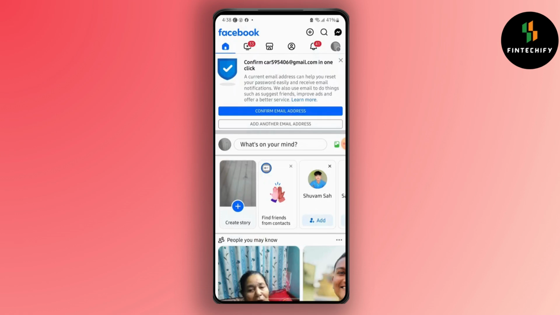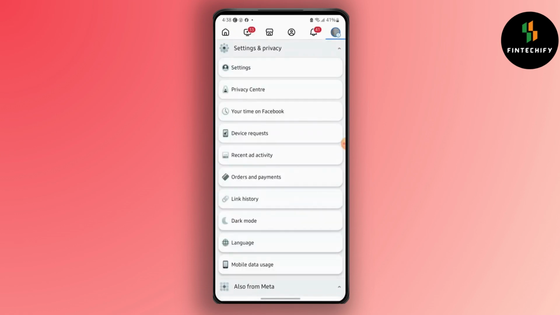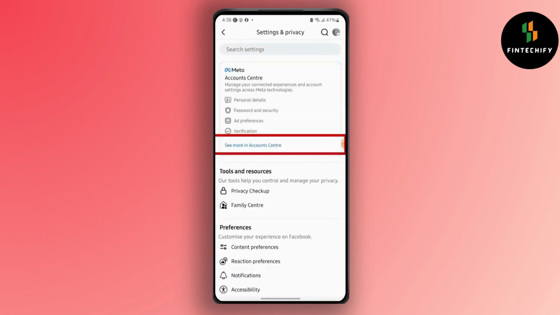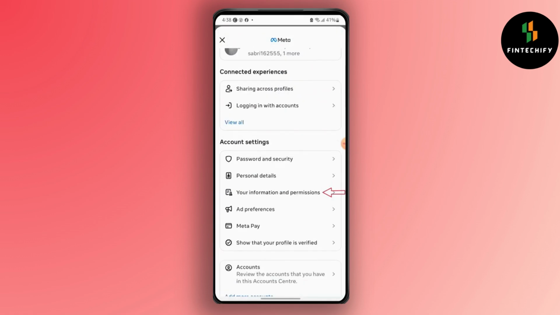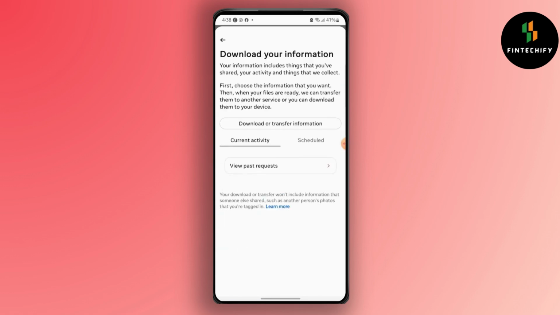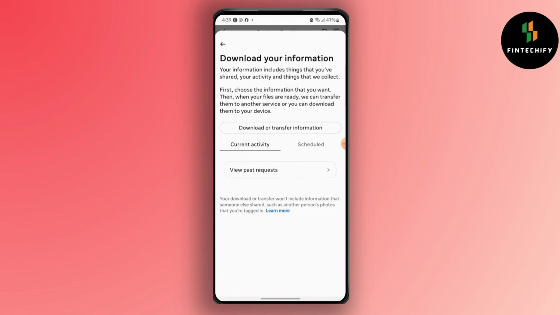First, go to your Facebook application. Now go to the menu bar. Go to settings and privacy. Go to settings. Now go to see more in account center. Scroll down and then go to your information and permission. Go to download your information, and then all you have to do is simply request a download of your information